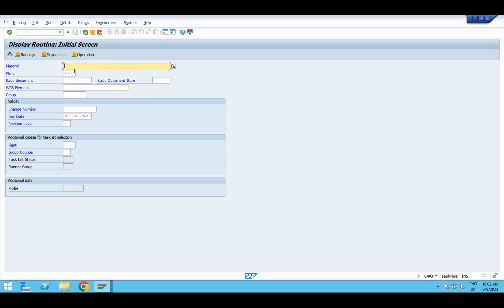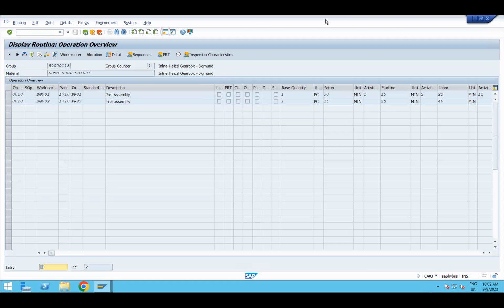I put the gearbox, sir. Parameter missing here. What I did not tell on this page itself.